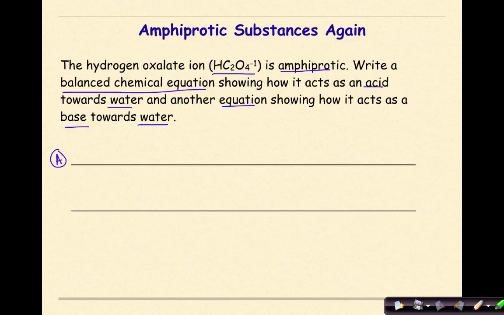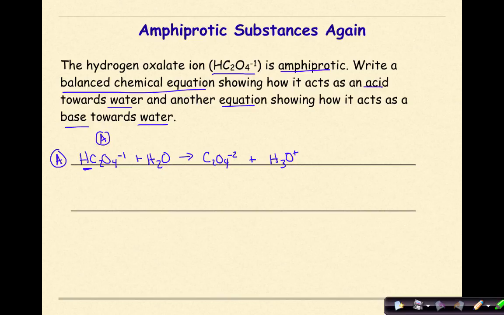So we're going to write HC2O4 minus 1 plus H2O. Now here we want it to act as an acid, and if it's going to act as an acid, then it's going to donate its hydrogen up in the front, and it's going to donate that hydrogen to my water molecule. So as a result, we'll have C2O4 minus 2 plus